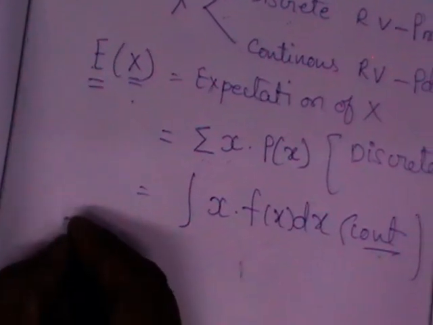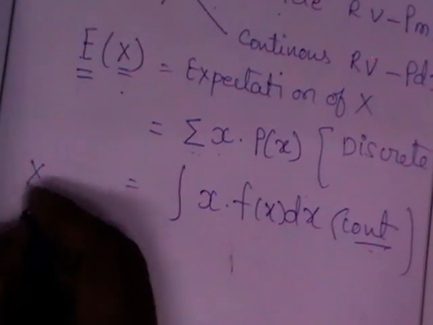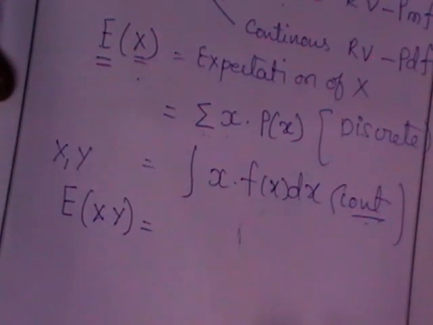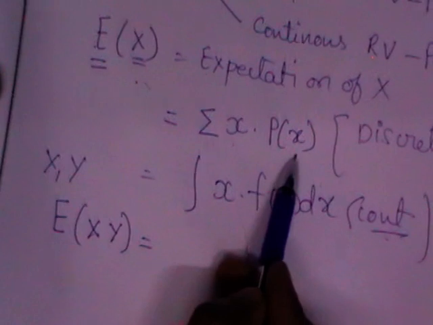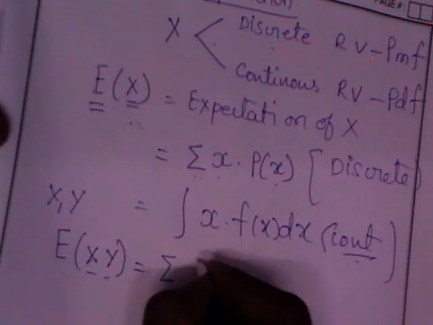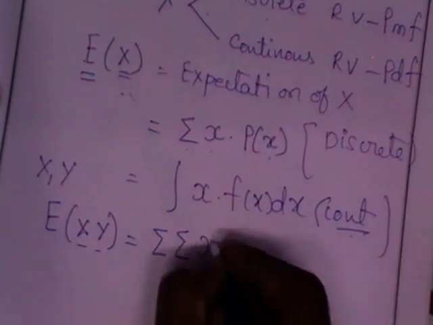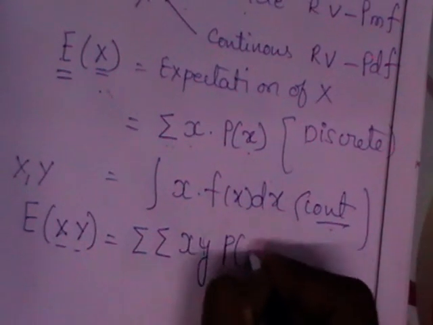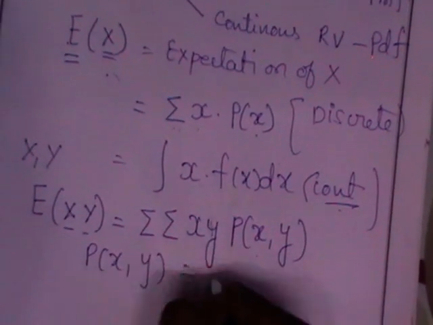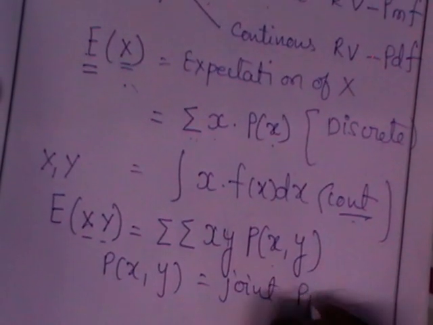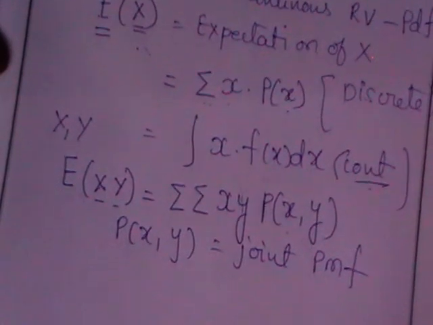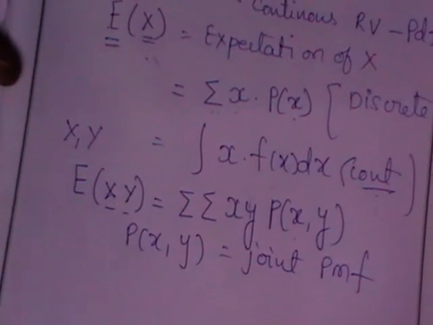Whenever we have two random variables, let us say x comma y, then expectation of xy will be, okay, with one variable we are writing only the PMF of one variable. If it is a discrete random variable, as we have two random variables, you will get two sigmas, xy within the brackets, and not p of x, p of xy. This p of xy is nothing but the joint PMF. Try to understand the difference. The previous one is the one when we have one random variable. Here we have two random variables x comma y, where both are discrete type.